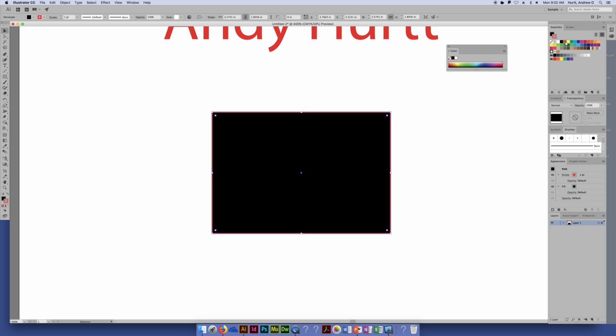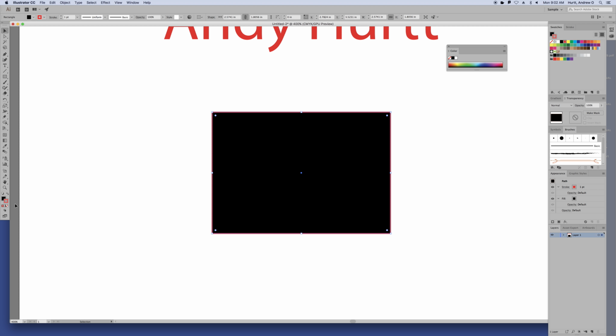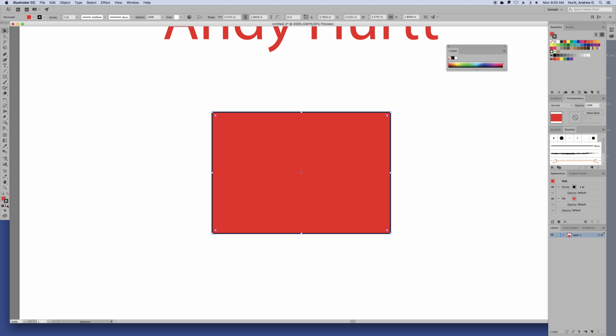And I do this a lot where I have my stroke active and I mean to have my fill active. So you just want that fill to sort of be on top, see where they overlap. What I end up doing a lot is I'll have my stroke active and I'll change it to red and I'm like, oh crap, I just put a red stroke on it. So sometimes I'll just swap it really quick and then I'll take off the fill. Or,